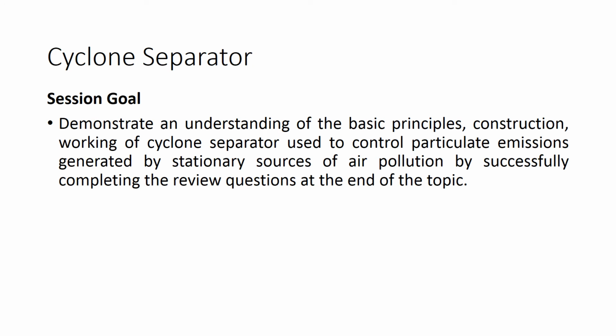In the last session, we discussed selection criteria for choosing air pollution control equipment. Different mechanisms involved in air pollution control equipment were discussed. Construction and working of gravity settling chamber, a primary dust collector, was discussed in detail with its advantages, limitations and application. In today's session, we are going to start cyclone separator, the most widely industrially used air pollution control equipment.